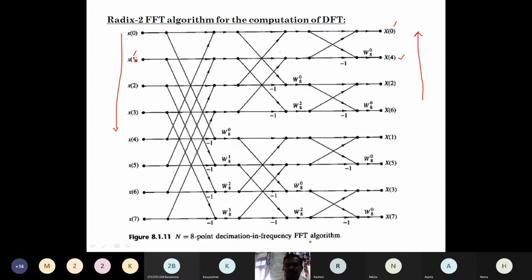Okay, in DIF, that is the thing. So x of 2, once again it will be 2 itself. For x of 3 the input is there, and the output is capital X of k. In the same line, that is the binary. This we have discussed in the previous class: how to judge which element is coming at which point, which line. It is just the input and the output reverse binary value. Okay, next.